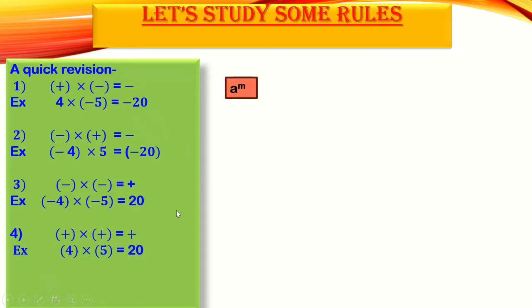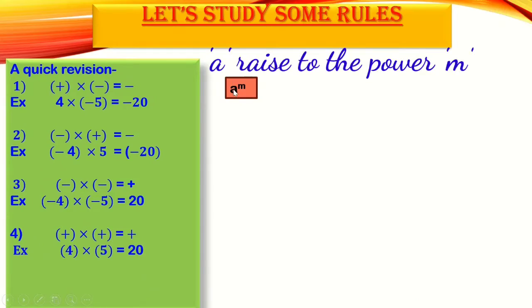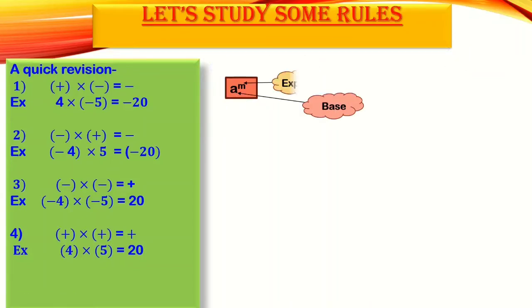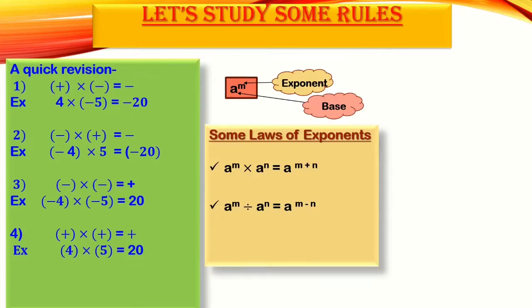Right? Next new thing for you, maybe you are aware of this term or you may not be. So let's just revise this also. When a term is written like this, it is read as a raised to the power m, where a is the base and m is known as the exponent. So we are going to deal with these kinds of terms when we are multiplying two algebraic expressions. So let's study about them, and we are going to use some rules of exponents, some laws of exponents, which we are going to learn. Obviously, we are going to learn laws of exponents in detail in the chapter Powers and Exponents. But here we are going to use some of these laws.